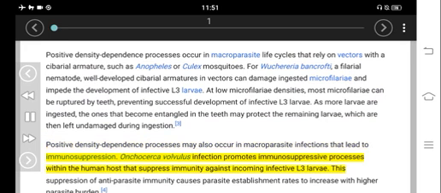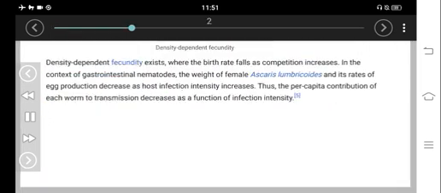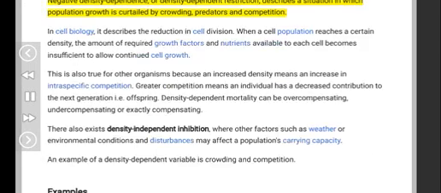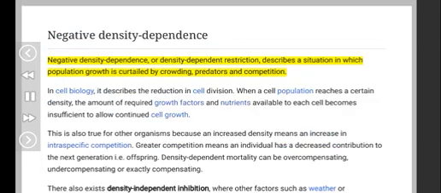Onchocerca infection promotes immunosuppressive processes within the human host that suppress immunity against incoming infective L3 larvae. This suppression of anti-parasite immunity causes parasite establishment rates to increase with higher parasite burden. 4. Negative density dependence. Negative density dependence, or density-dependent restriction, describes a situation in which population growth is curtailed by